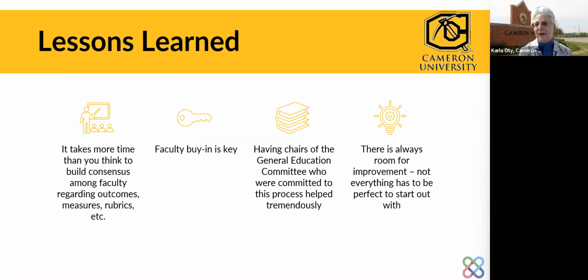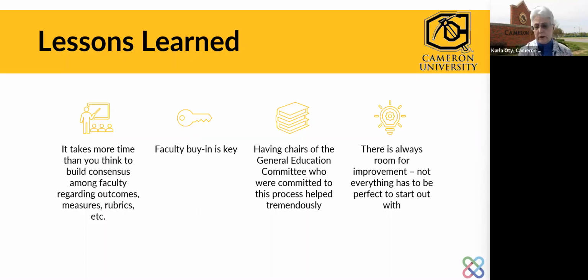So at one point it was like, okay, we have to have our outcomes and we have to have it. It doesn't mean we can't make changes, right? So there's always room for improvement. And so, like I said, we started out with 8 outcomes and now we have 9. I think the wellness outcome has been rewritten a couple times because it wasn't really great the first couple times, but it gave us a place to start, and we have a process for rewriting it. And so you do just need to start.